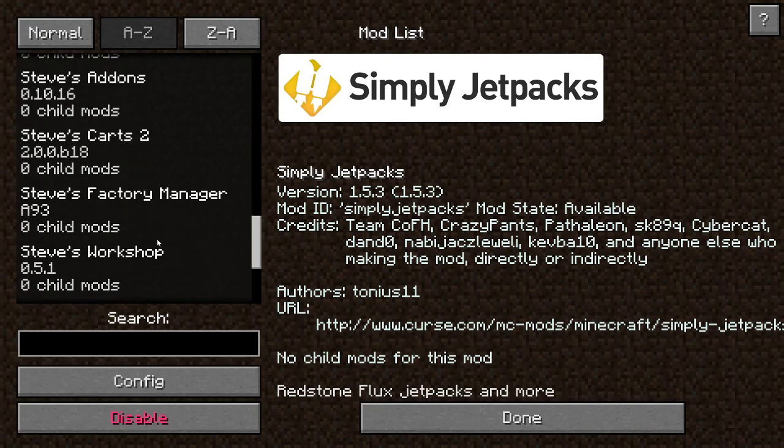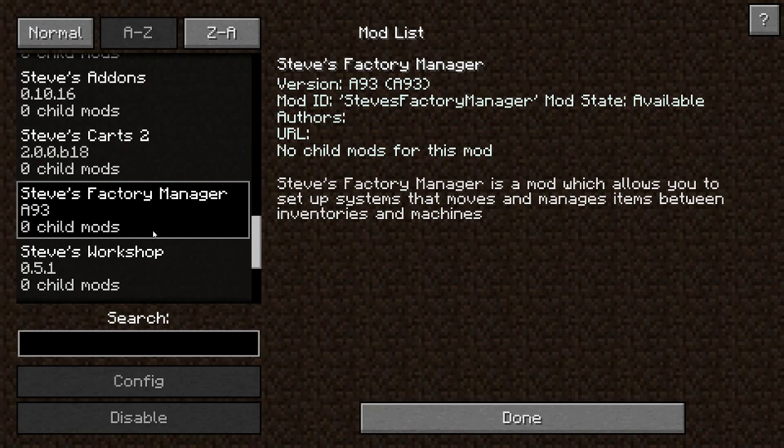Steve's Carts. Steve's Factory Manager. This is arguably the most overpowered mod I've ever used. As far as logistics mods for moving items around and for automating systems, it is the best mod. I think it is inarguably better than any other mod that does it. It is better than Applied Energistics, because Applied Energistics is awful at times